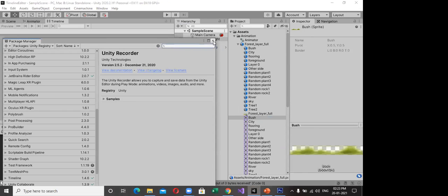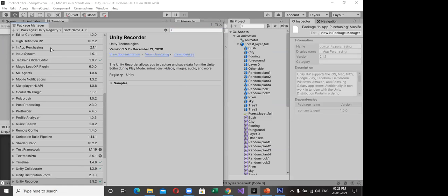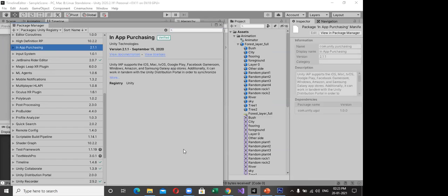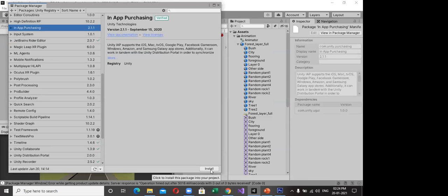So any doubts still now? Any doubts? So I only have a small doubt with Unity. How do you add an extra plugin if you already have Unity installed? Yeah, go to Window and Package Manager. Then select it and click install. Any doubts? Now you got it, right? Yes, sir. Thank you, sir.